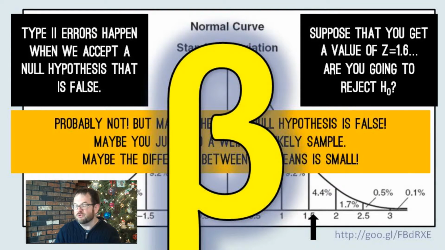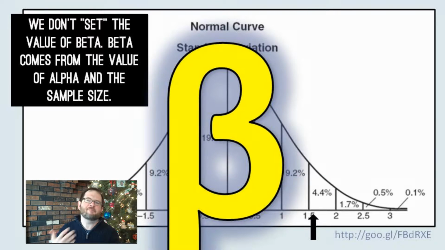And in general, as a hypothesis test, we don't set the value of beta. Rather, beta is something you can compute based on the values of alpha and the sample size. For every type of test statistic, there's a different way to get this beta, and it's kind of cumbersome and involves a lot of weird notation. I don't want to get in the business of computing beta right now, okay? But it exists. A scientist could figure out this probability. And,